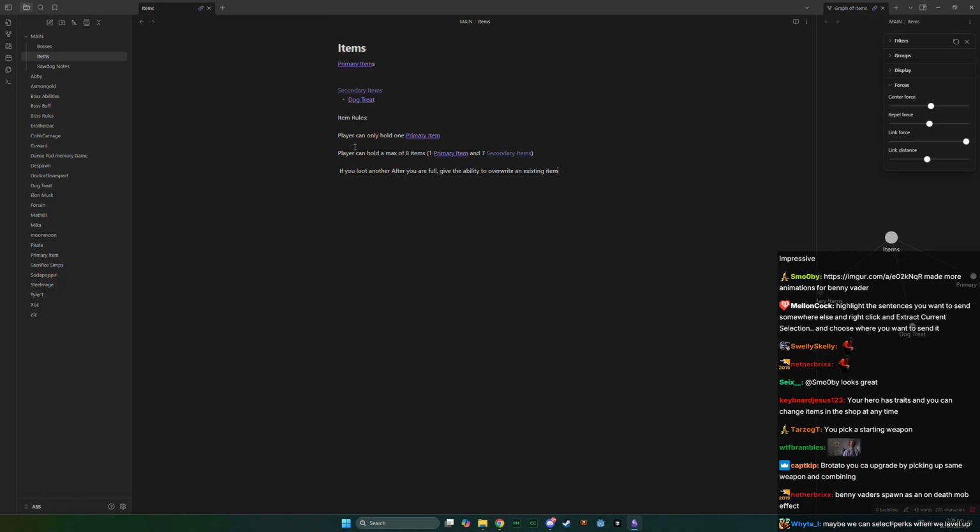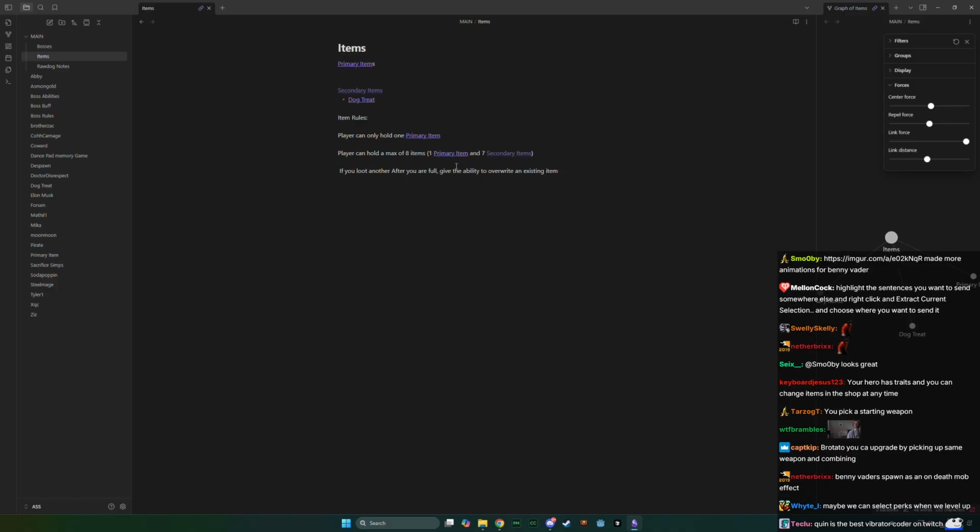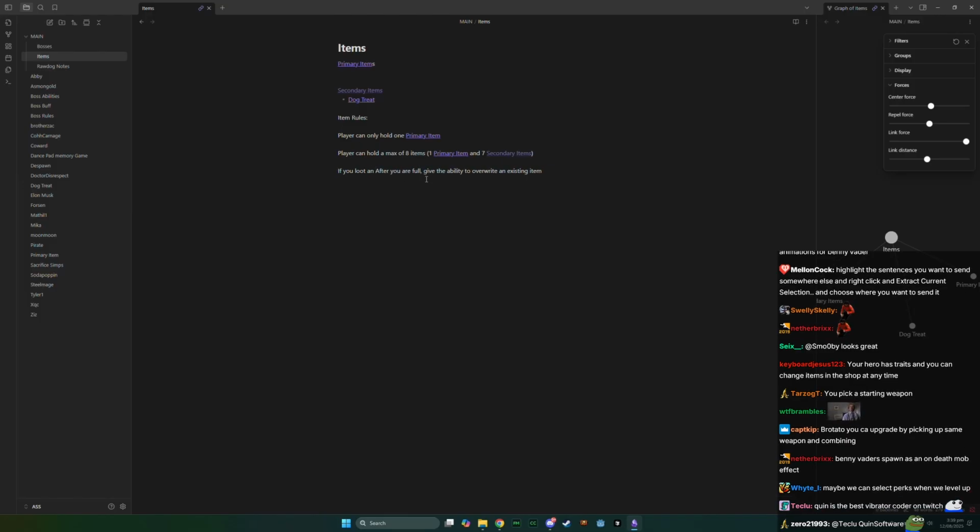Plug it in: 1 primary item. Plug it all to max of 8 items, 1 primary, 7 secondaries. If you loot another after you, if you loot item while you have